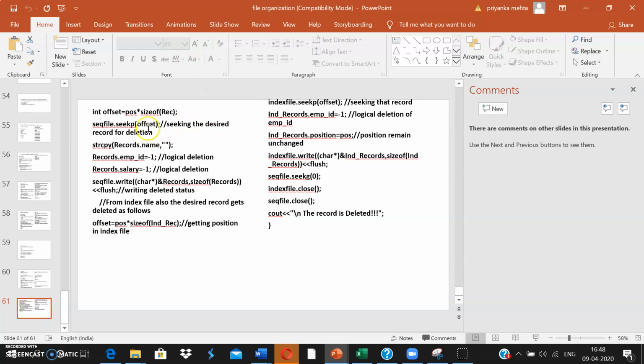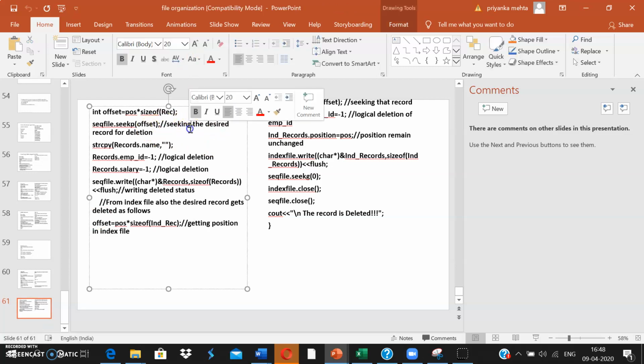After holding the position, I'm going to that particular part. I'm going to take the object of this entire record, update it with the initial value to logically delete it, and then write it in the sequential file. So through this program, I have written -1 -1, as I have logically deleted that particular record, and I have initialized it with a particular value representing that this record is deleted from the data file.